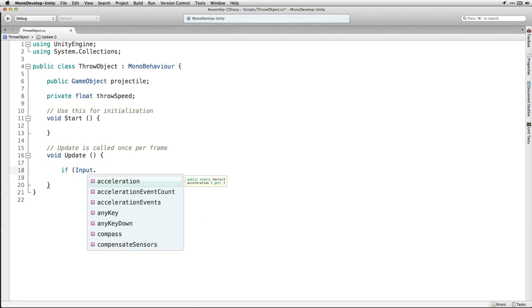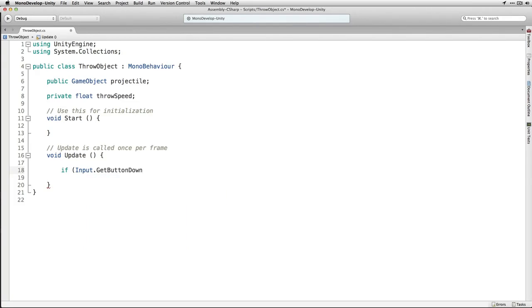And then we're going to use this to get into some sound stuff. So we're going to say if Input.GetButtonDown, Fire1. So we're going to check if the Fire1 button, which you can remap in the input manager, in this case corresponds to mouse 1. If that's been pressed, what we're going to do is declare a new game object called